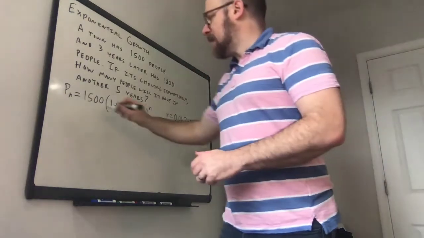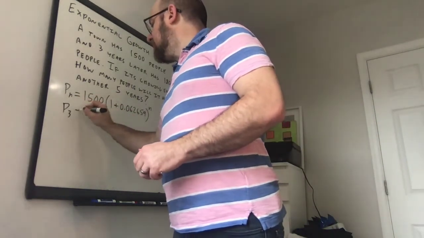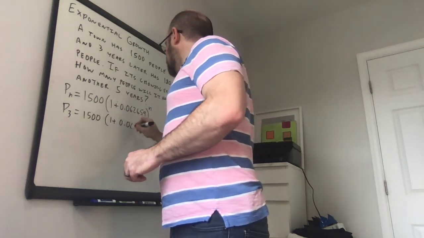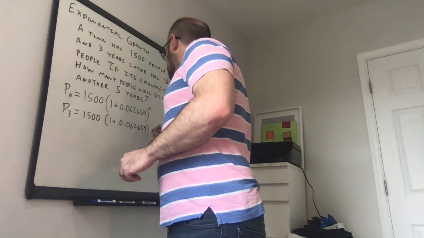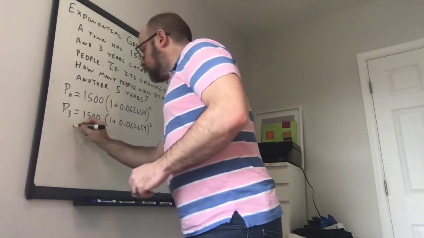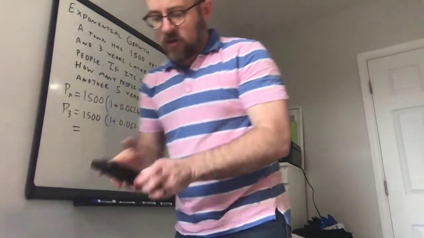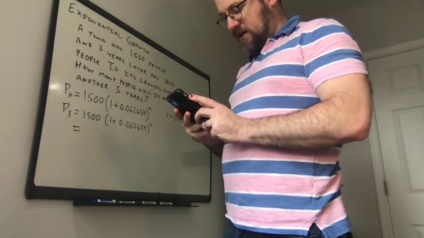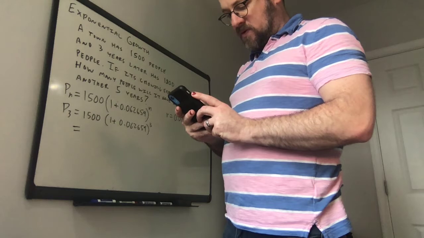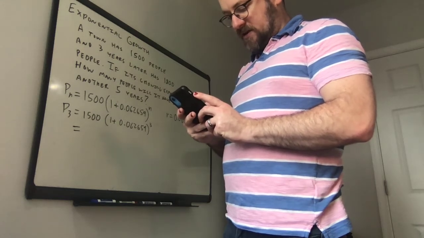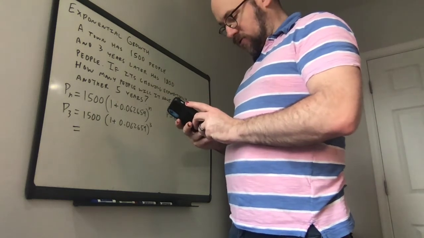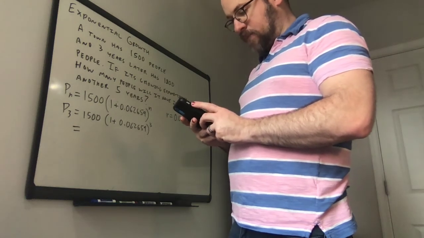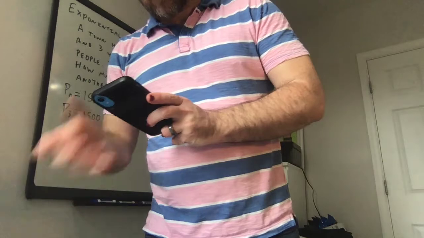And if you plug in P sub 3, so 1500 times 1 plus 0.062659 to the third power, that's going to give you, let's do this, so 1500 times 1.062659 to the third power gives you